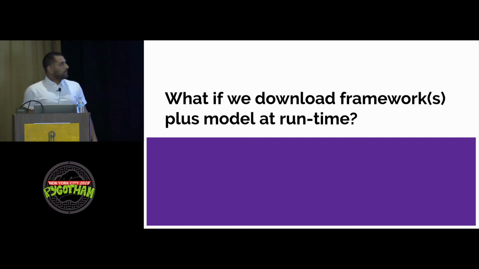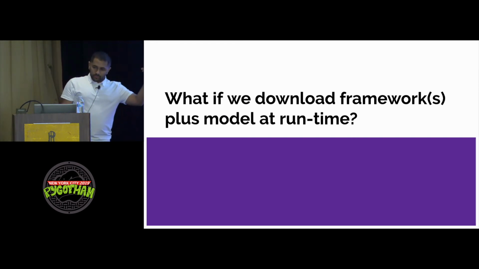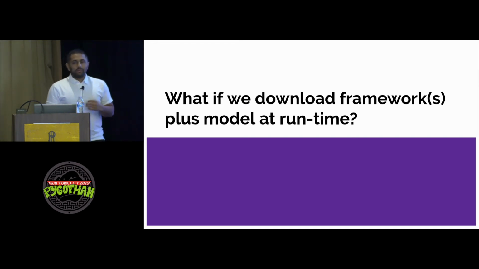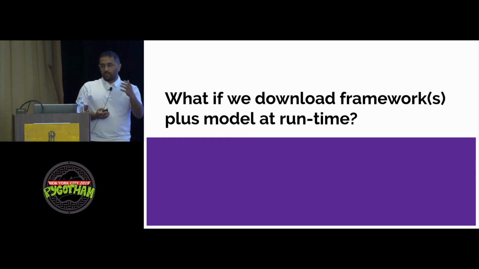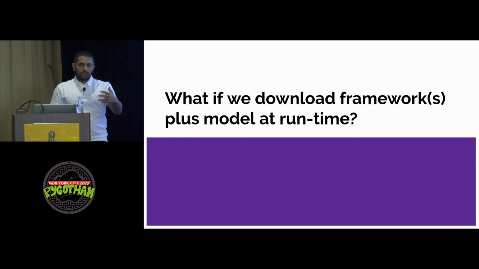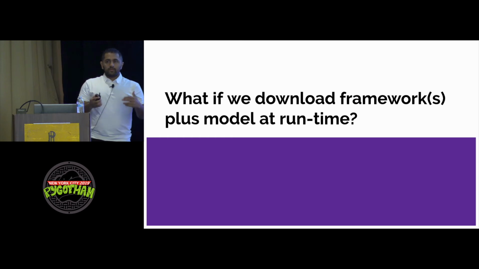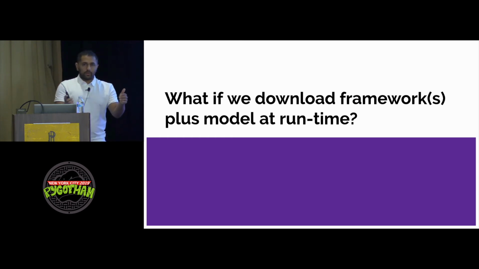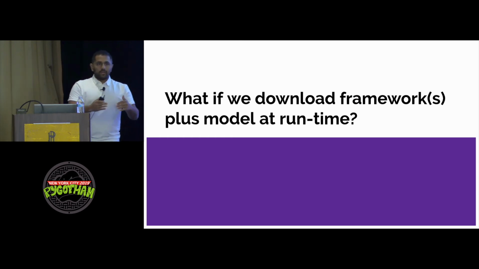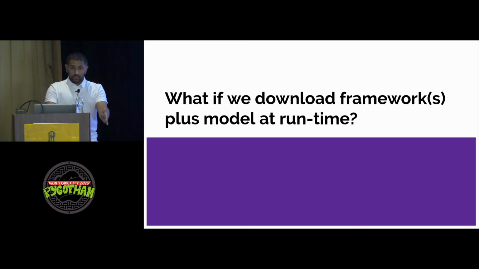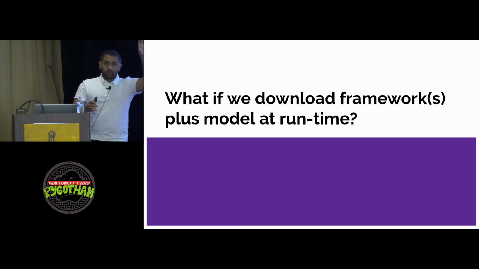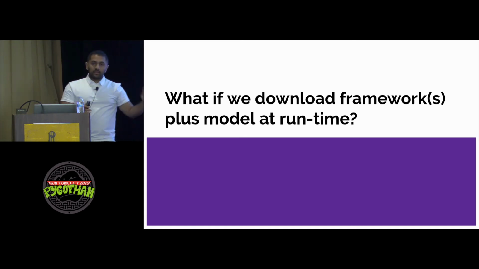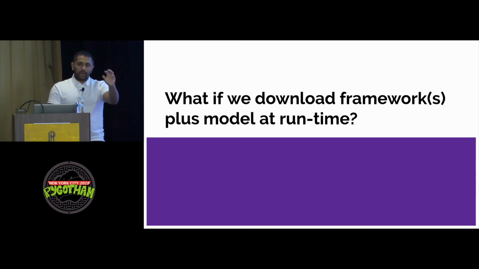Come on, okay. So then bright idea number 2. What if we were to download the frameworks plus model at runtime, right? So we distribute our memory footprint, or our memory requirement, between the local storage that's being given to us, the actual memory or RAM that's being given to us, and the stuff that we can push in through the deployment package, right?